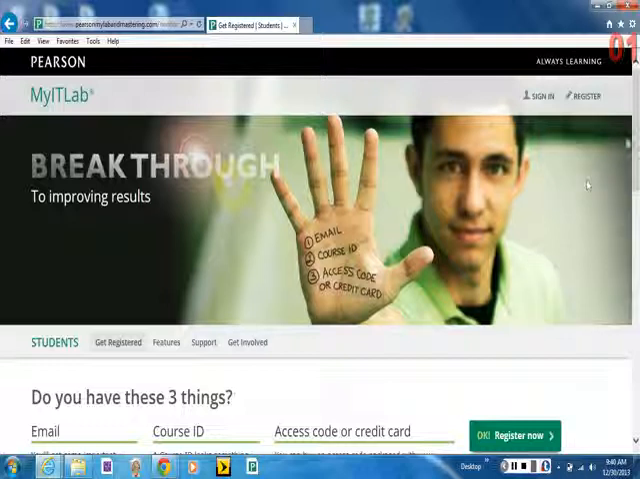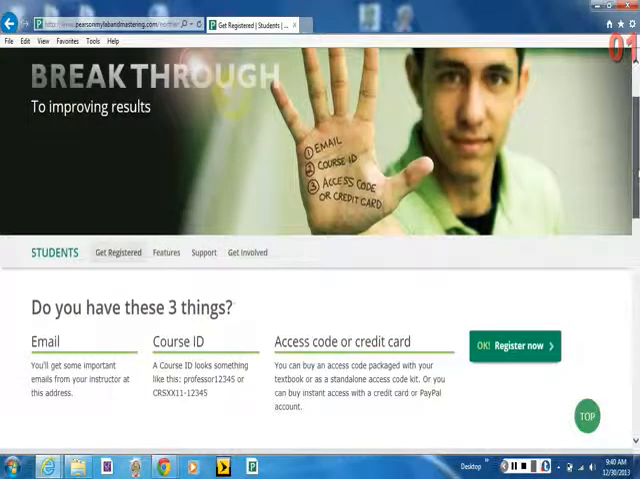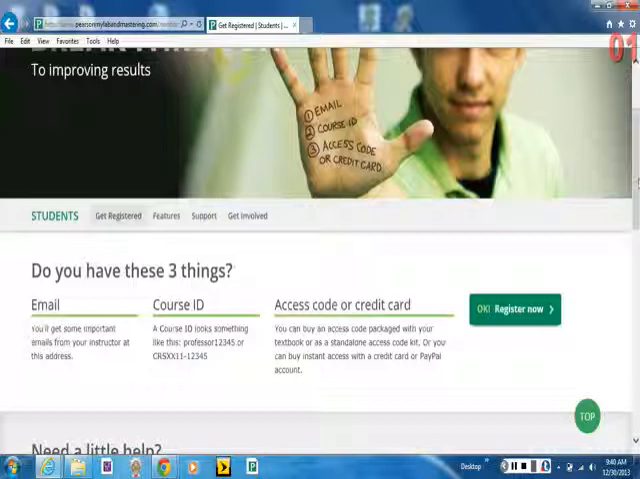Now it says that we need three basic things to get registered. You need a few more things, but three basic things. You need an email account, you need a course ID, and you're going to get your course ID out of this Canvas site. They're listed later in another module. And then you have to have your access code or your credit card. So if you have an email address, the course ID, which you get out of the Canvas site, the access code, which you can get from the bookstore, or a credit card to purchase it online, we click on OK,